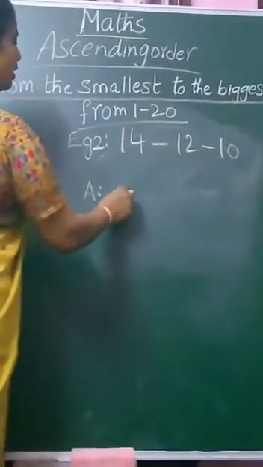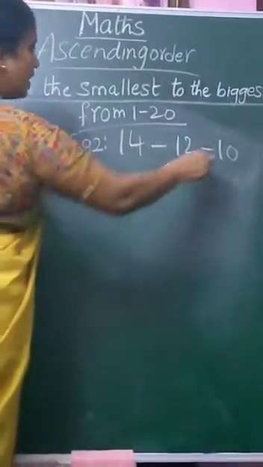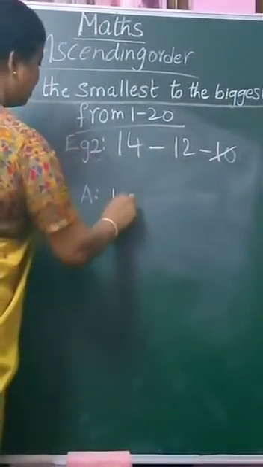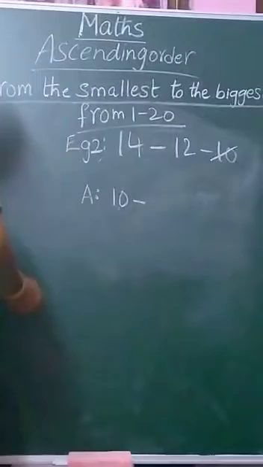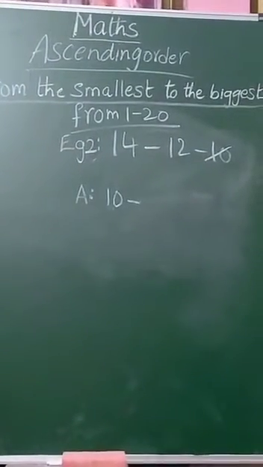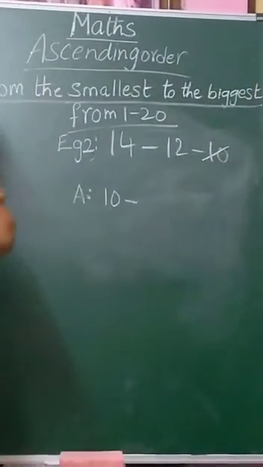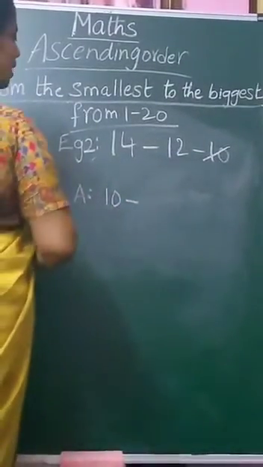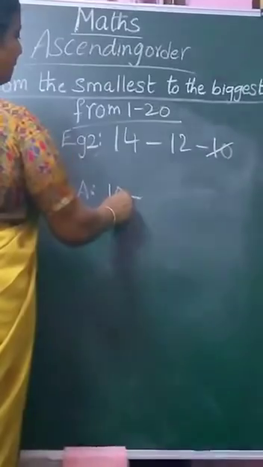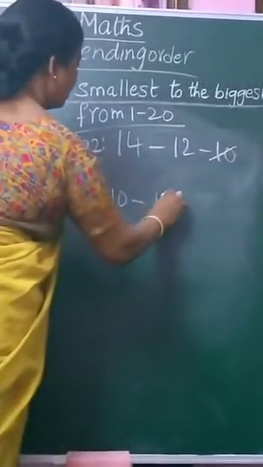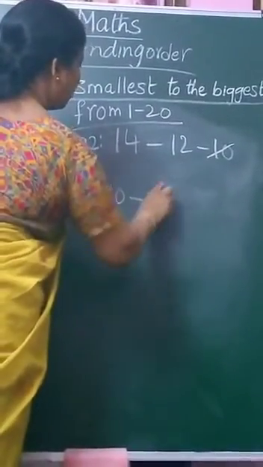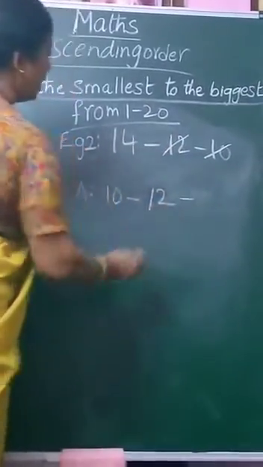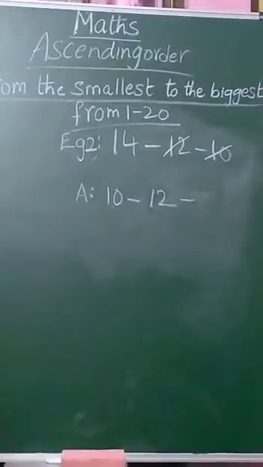So, before putting in the answer, what I have to do? Yes, cut it here and put it in the answer. Then after what number comes? Do you have 11 there, children? Yes, we are not having. What number comes? Next number, 12. 12 is the little bigger than 10. Shall I write here? No. Before that, I have to cut it here and put it in the answer. Otherwise, you will get confused, children.